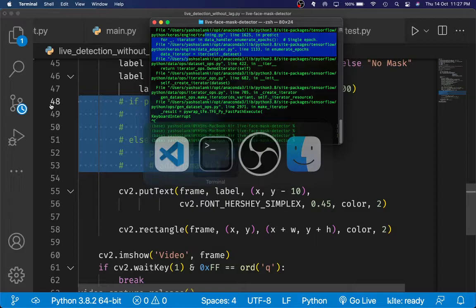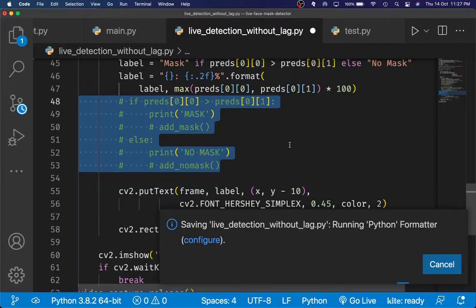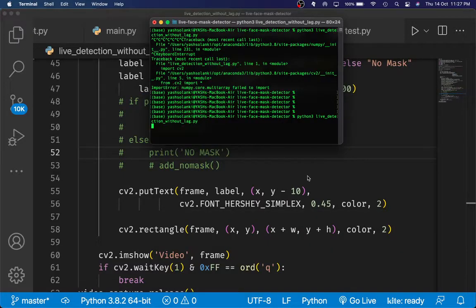Let me run it again. One second, it's actually just saving the file till now. I don't know why it's not able to keep up with all of this. Whatever. Alright, let's run the code again, and you will see how it detects the face mask. So again, it does take a second.